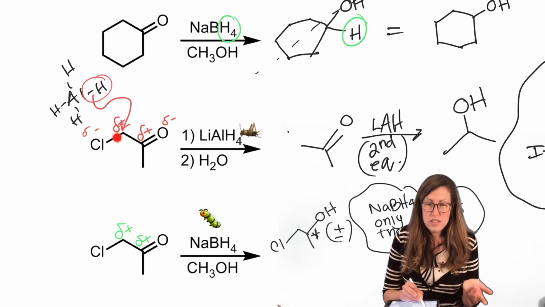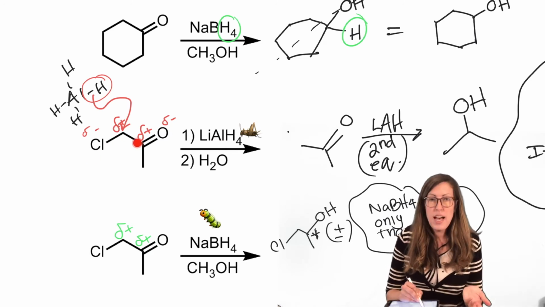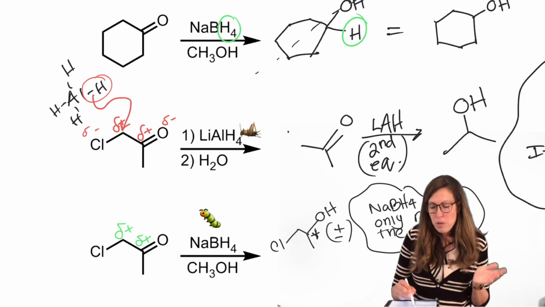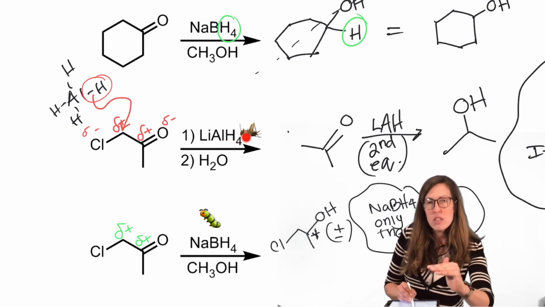It doesn't care that this dipole is less than this one. It will attack either one, the first one it encounters. So you want to attack both. You go with LAH. You want full-blown reduction. LAH is your go-to, and it's a very popular